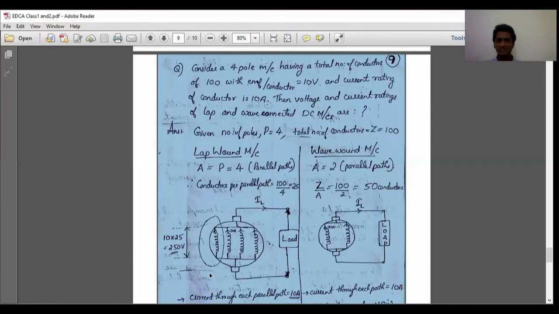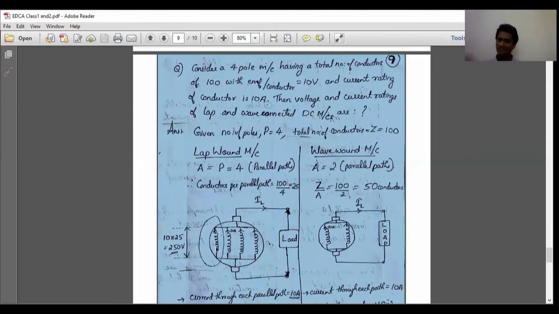And in this case, what will happen? If I connect two conductors in series, and one conductor has a capacity of 10 volt and the other conductor has a capacity of 10 volt, when I connect them together we will get a total capacity of 20 volt. If you have any doubt, consider two batteries, a 10 volt battery and another 20 volt battery. If they are connected in series with proper connection, what will be the total voltage across the battery? 10 plus 20, 30. That is the same case here.